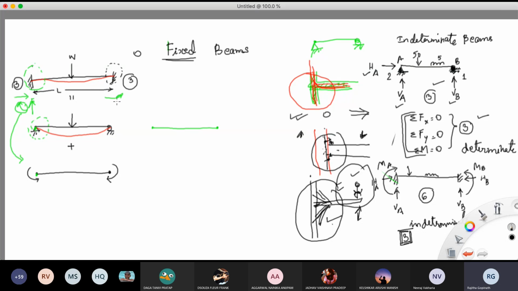So I'm trying to analyze, okay, what are those degrees of rotation that are curtailed here? So I know that there are 3 reactions here. I have 3 reactions here. So I'm taking those here, and here there is a negative bending moment. So I'm keeping these 2 reactions here, and the negative bending moment reaction I'm putting here. It is the same beam. I'm just sort of overlaying this. This is the current beam, and I have placed another tracing paper over it. That's all. Understood?